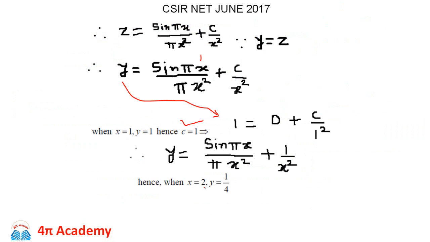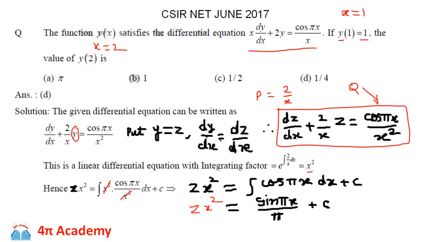If you substitute x is equal to 2 in this equation, you will get here sine of 2 pi, but you know that sine 2 pi is 0, because in general sine of m pi is 0: sine pi is 0, sine 2 pi is 0, sine 3 pi is 0, and so on. So here if you substitute x is equal to 2, then it will be sine 2 pi, and that is equal to 0. So 0 plus 1 upon x square, here you are going to substitute x as 2. So that will be 2 square, that is 4, and hence the answer is 1 by 4. So the correct answer is D, that is 1 by 4.